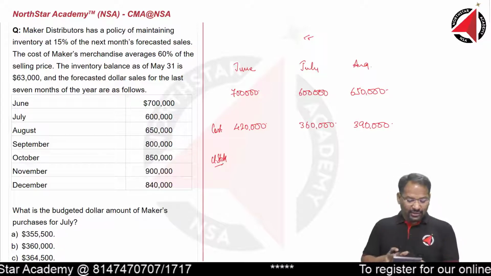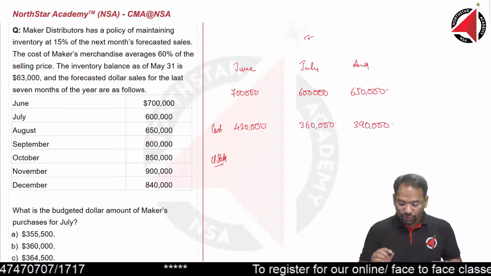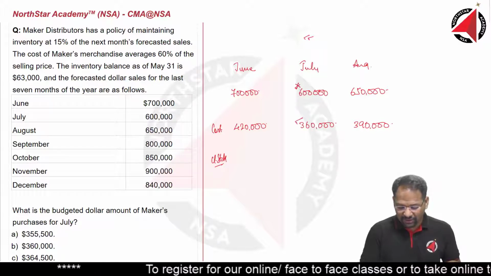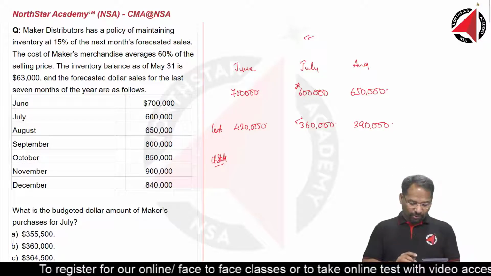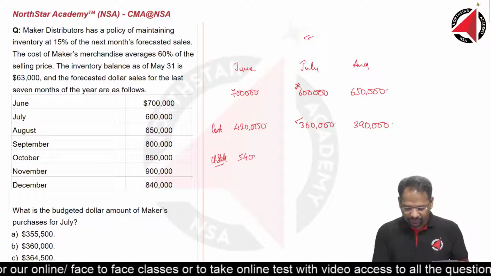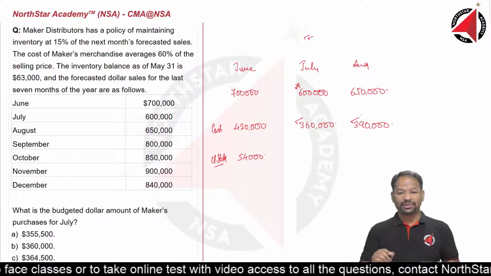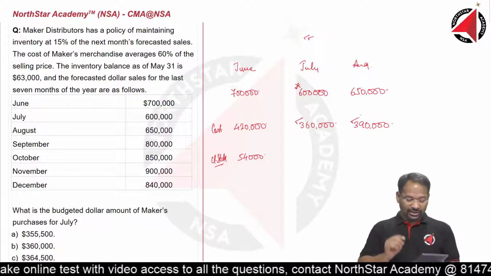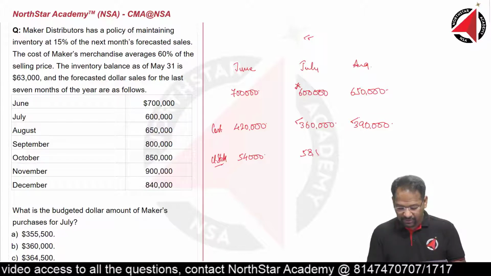So shortcut calculator again, 15% means 0.15 times July month sales. Remember, we will not take the sales figure, not this figure. We will take the cost figure because closing stock is valued at cost only. So 0.15 times 360,000, we get closing stock here 54,000. Similarly, August month sales, 15% shall be produced in the month of July. In other words, it will be July month's closing stock. So 390,000 times 0.15, we get 58,500.